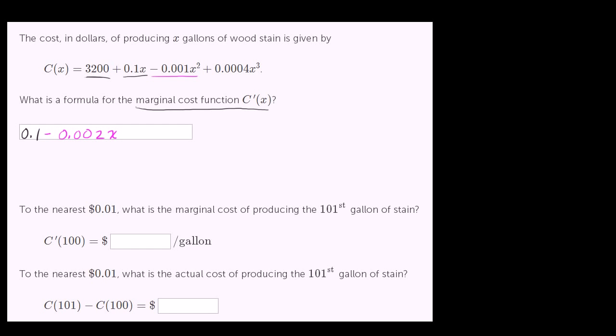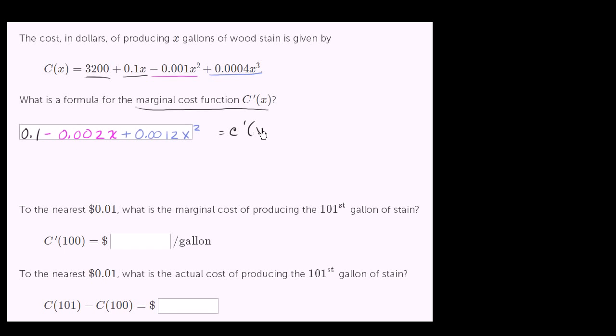0.002x. And then finally, the derivative of this is going to be, let's see, this is 4 10,000ths. So 3 times 4 10,000ths is 12 10,000ths. So 0.0012x squared. So that right over there is equal to the marginal cost function. So if you see this in an exercise, you just want to type in the expression here. But this, of course, is equal to